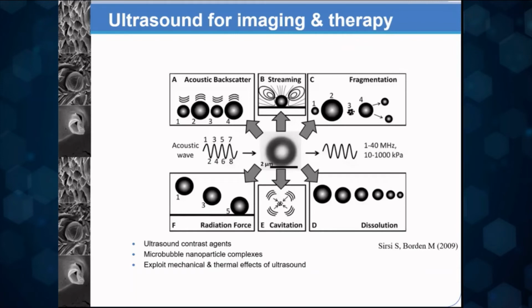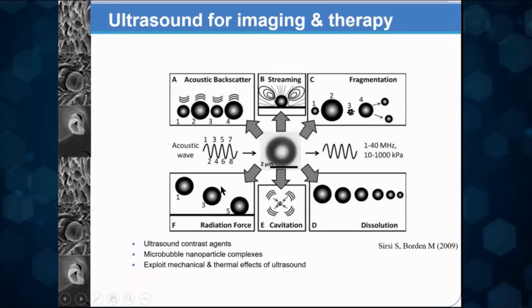So what is this bubble concept? Here there is a shell which encapsulates a core that has a gas. Because of this, when ultrasound is applied to these ultrasound contrast agents, typically microbubbles and now also nanobubble structures, the bubbles will oscillate.